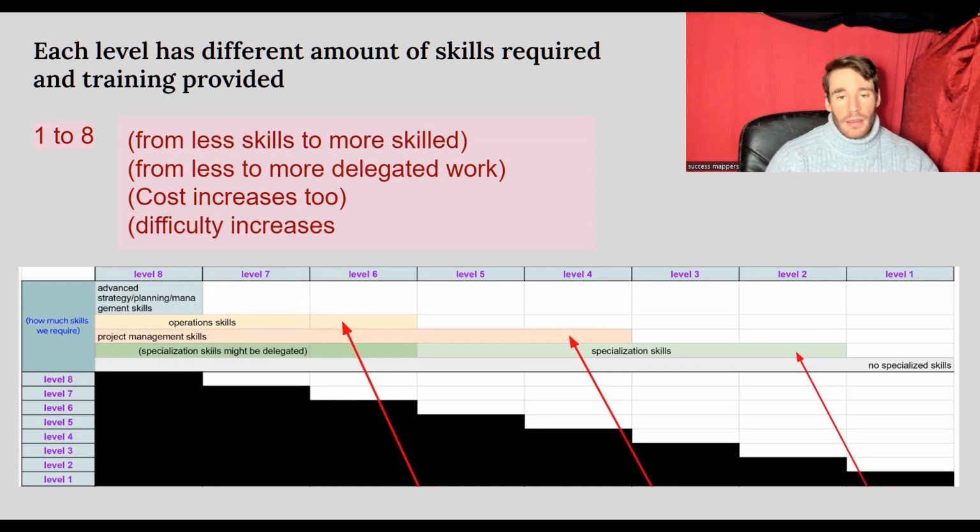So a generalist is a human that can do work, basically, without needing specialization skills. Maybe he can also delegate that part, but he has some sort of specialization skills in the department that he or she is managing, has some project management skills, has operation skills, and has advanced strategy planning management skills. Okay. Anyway, the 8th level, to summarize,